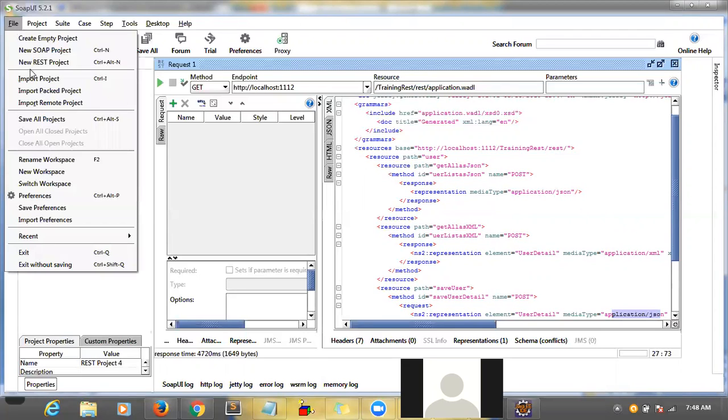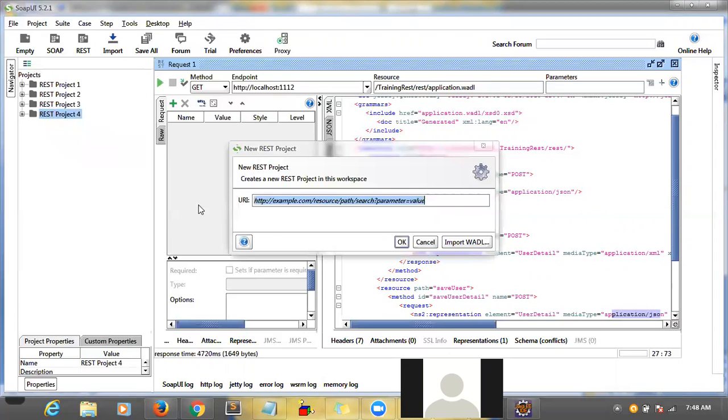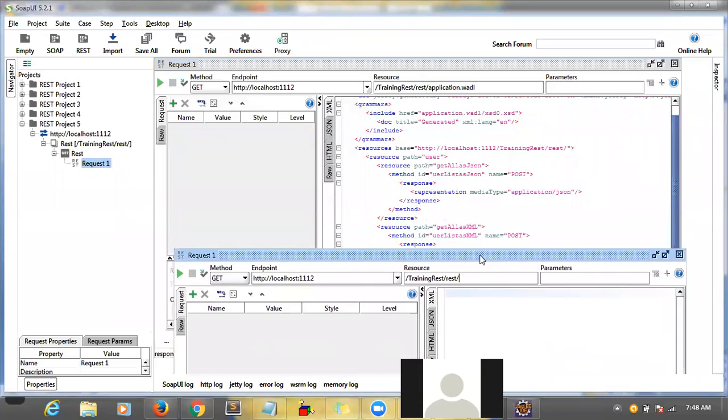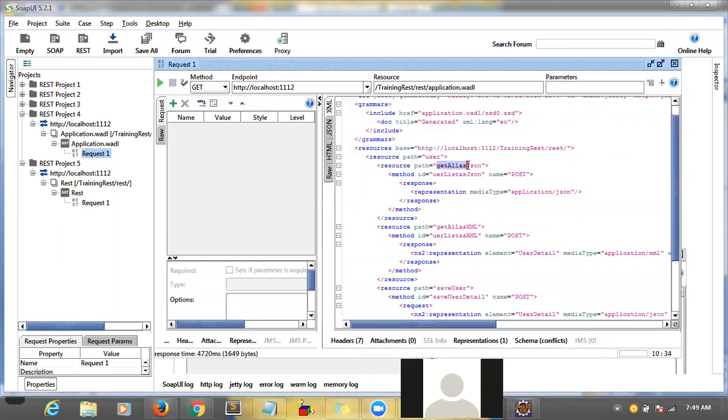File, new REST project. So now I don't want to see the information. Basically, I want to access the APIs. So this is the second project, this is my host, and here, rest slash. What we have to pass here is the API name, so you can see here: get all user. So this is the resource name. Copy this resource name